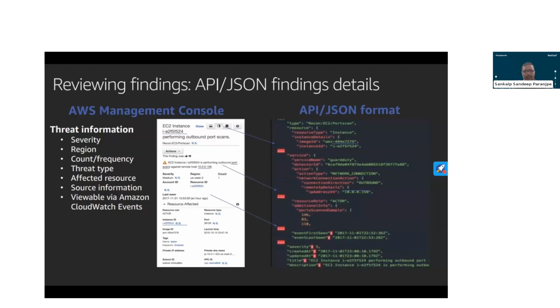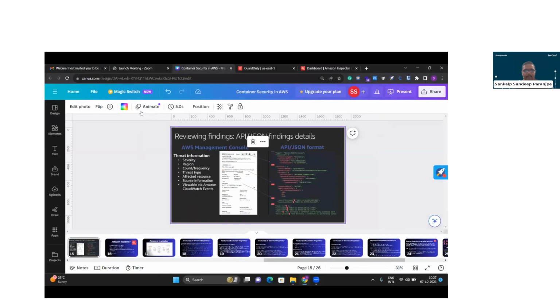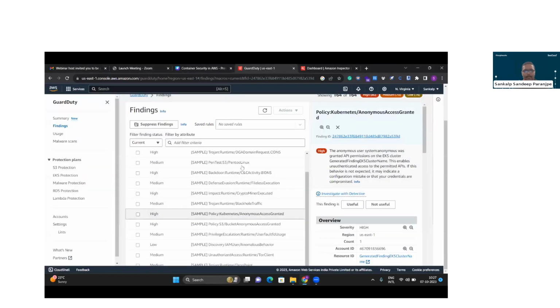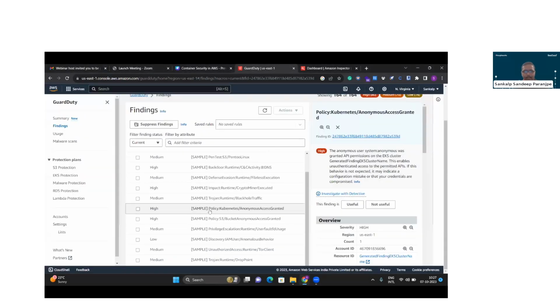So this is also one of the official slides from AWS. It shows the AWS console, where GuardDuty shows the findings. We'll see one example here, a GuardDuty example with some findings. Kubernetes anonymous access is granted, and its severity is high. An anonymous user was granted API permission from an EKS cluster. So anonymous access is granted there. Coming to the slides,